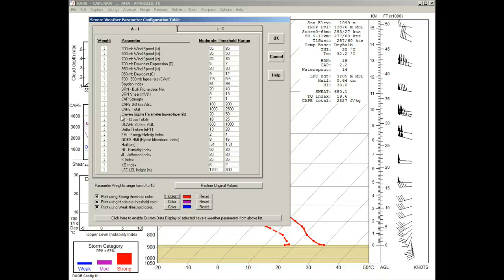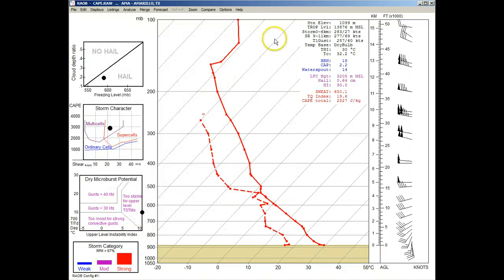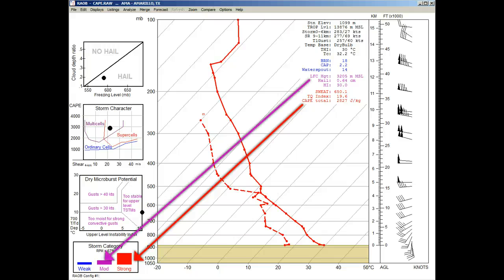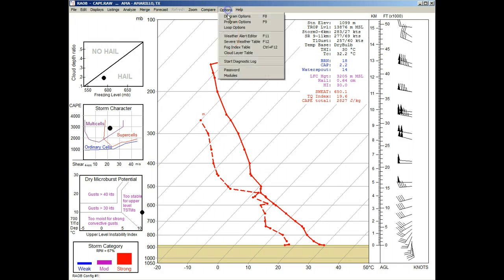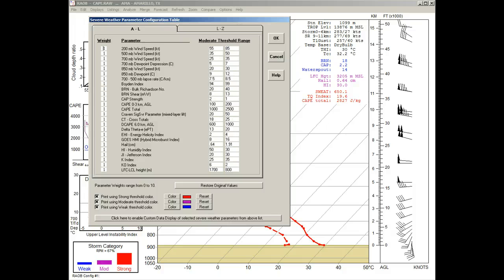OK, so we'll just click the OK button, and there's our color-coded data listing, where red indicates parameters which meet the strong category, and purple indicates the moderate category, and blue indicates the weak category. And notice the parameters at the top that are not color-coded. This is because they are not included in the list of configurable parameters as seen in the Severe Weather Parameter